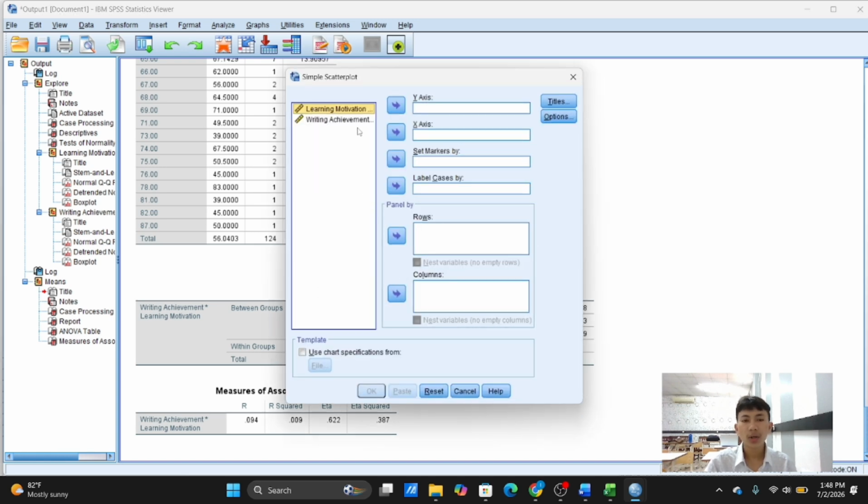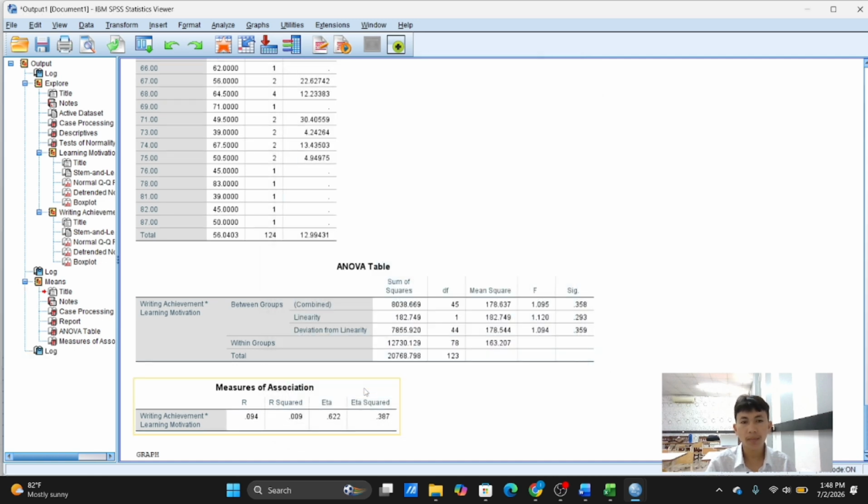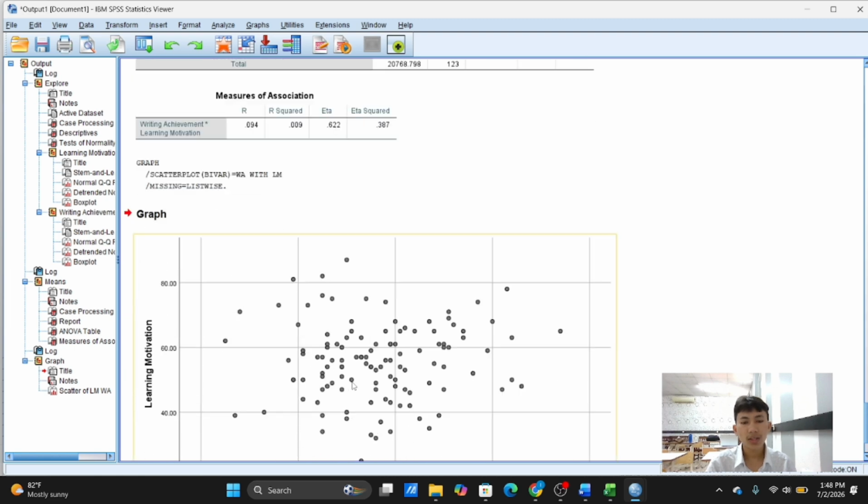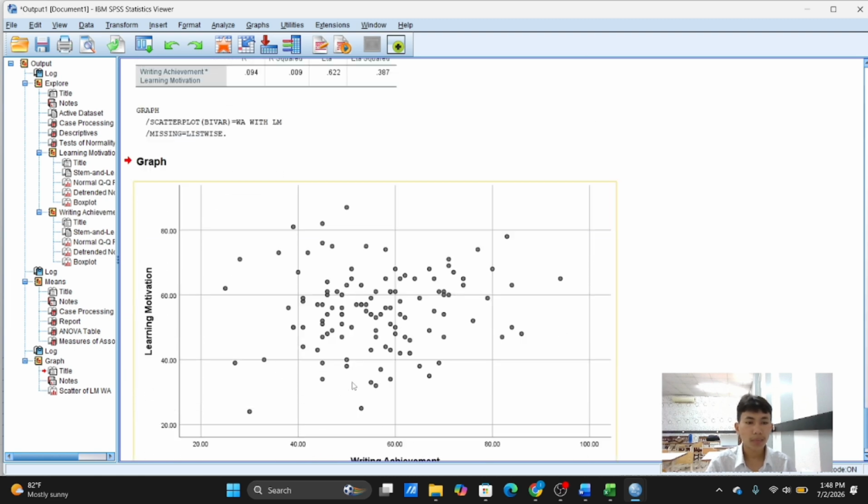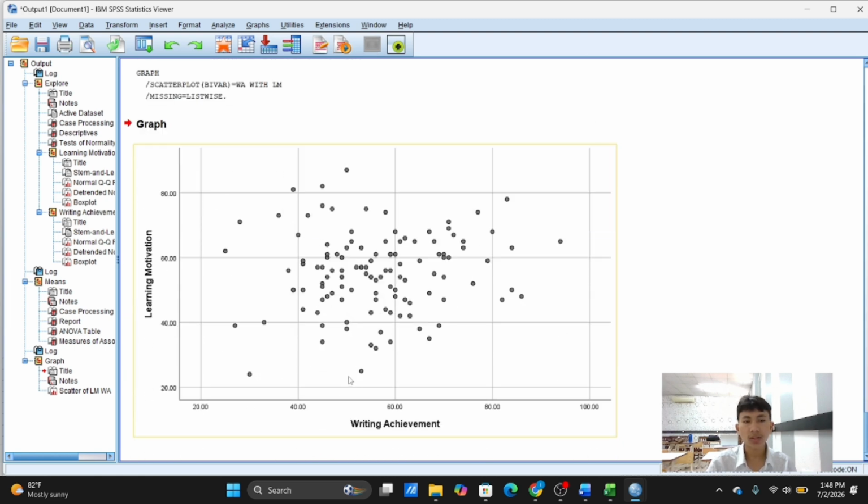After that, we move learning motivation into the y-axis and writing achievement into the x-axis. Title, options, and rows we don't fill. And here we unclick and click OK. Okay, this is my graph of learning motivation and writing achievement.